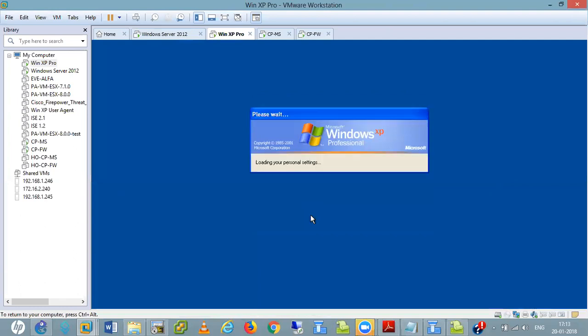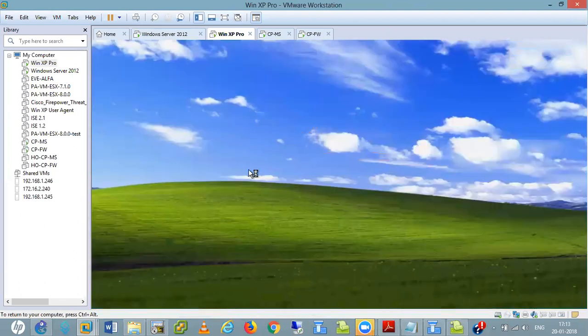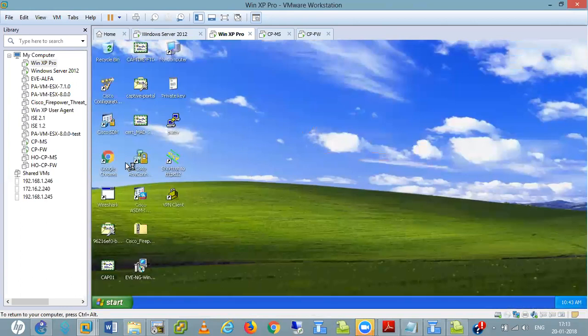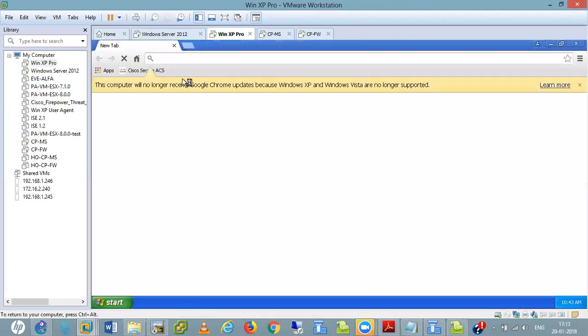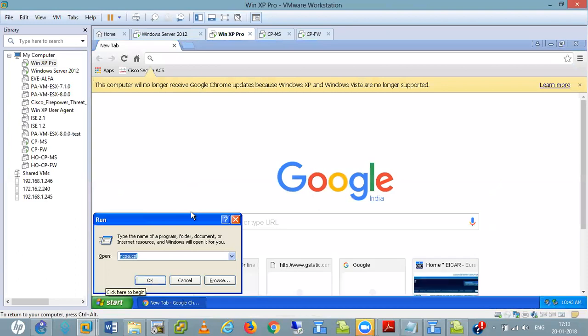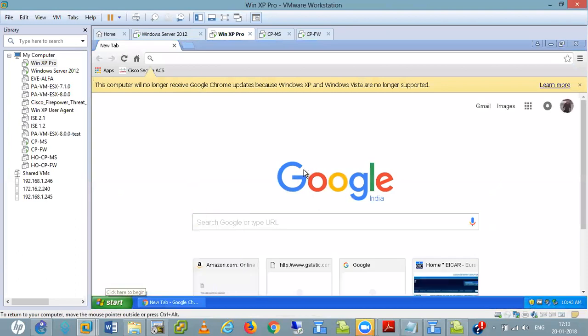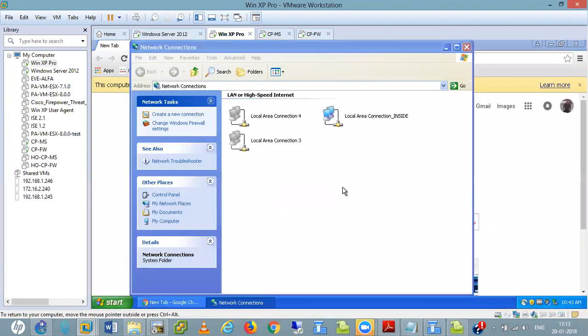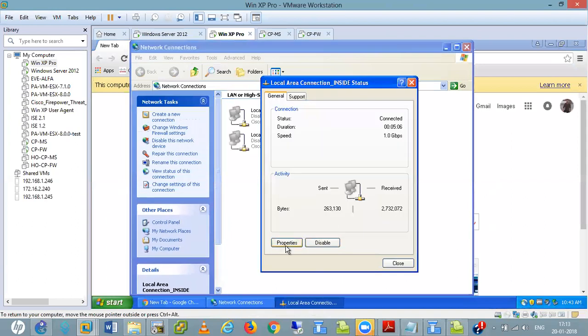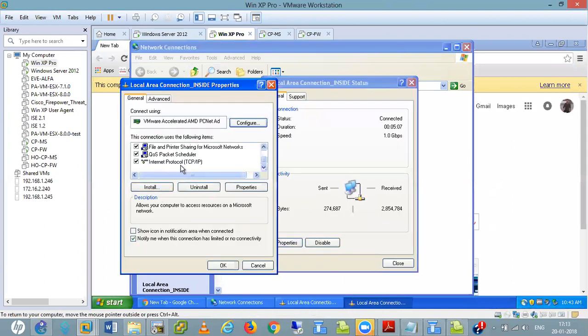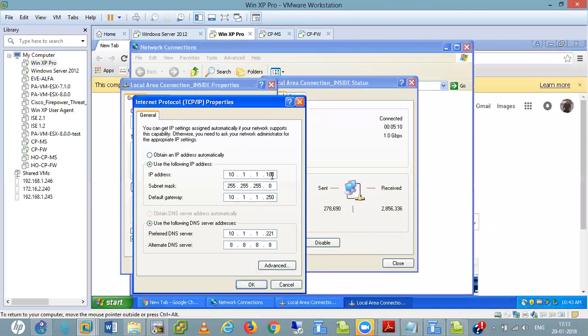And if I want to go to any website here, let me also change this IP address because IP binding is available there. Now I am again changing my IP address, which is 120.